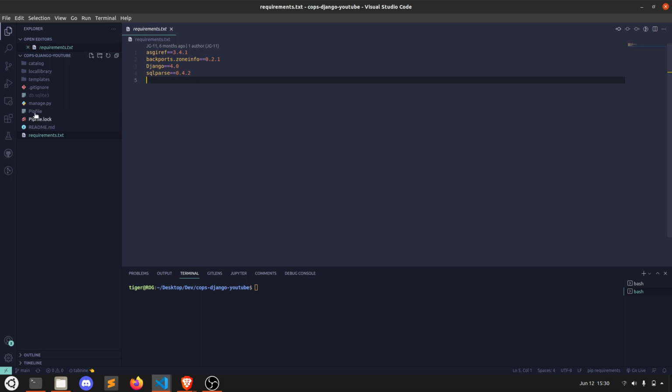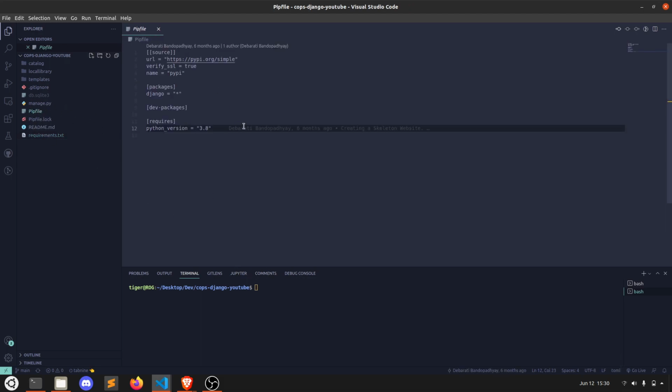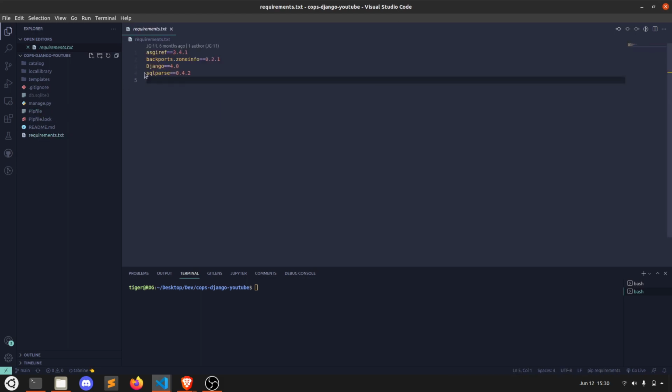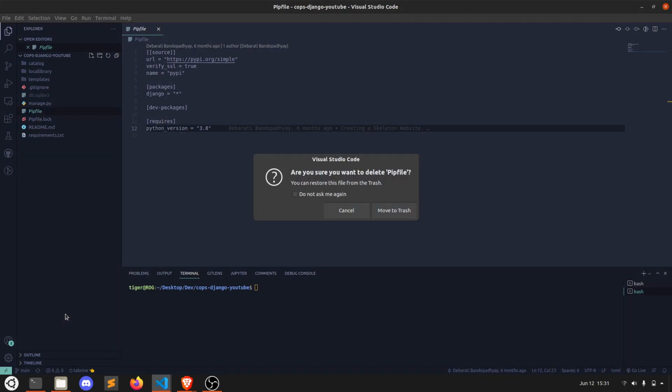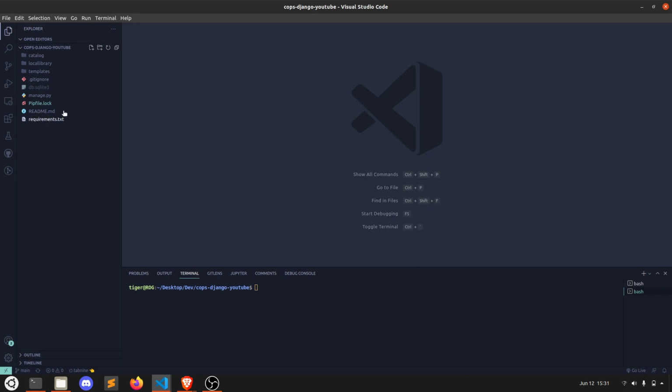So first of all, to complete the Pipfile without having to copy paste from the requirements.txt, I recommend that you delete the Pipfile. Also, I will be using the Pipfile to deploy on Heroku, and it will be using the dependencies and packages from the Pipfile to install in the Heroku system. And I will not be using Pipfile.lock